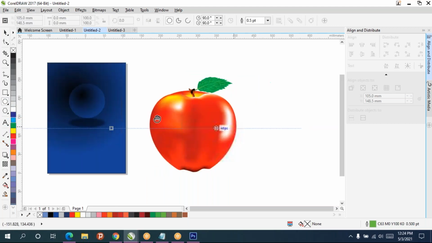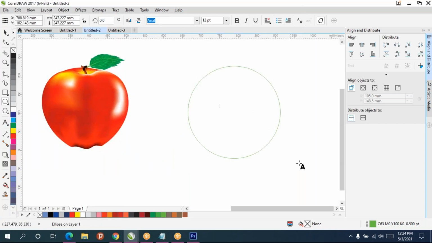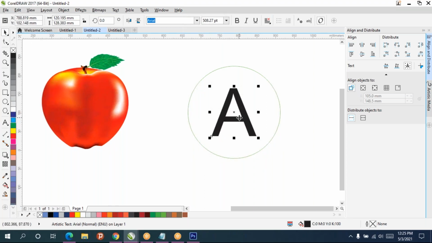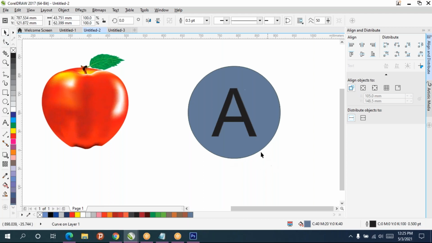See, suppose you have a circle and you can type any text in this. And you can take smart fill. Only if you click on this, we can select this and this, and we can move it.